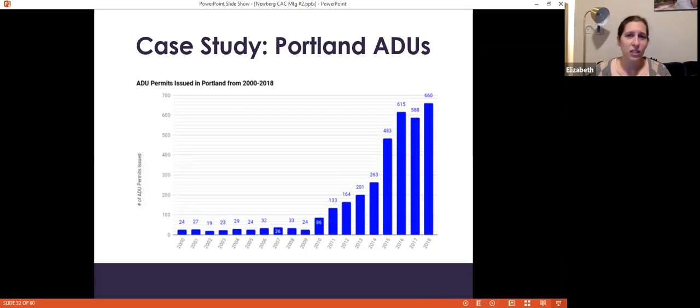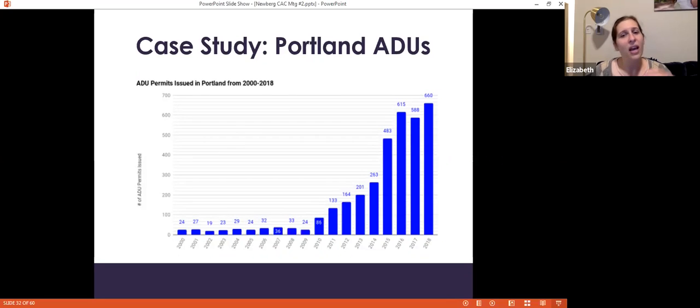And so you can see in this graph the last 18 years of permitting history that was not actually always the case. Even in a large city, they were only seeing permits in the 20s, about 20 some per year for most of the 2000s. And it was not really until 2010 that it started picking up. And then the last couple years have really hit like 600 units a year, which really is astonishing and helped